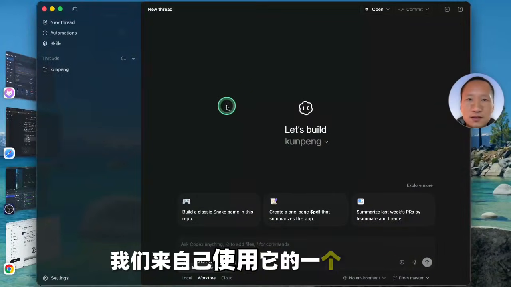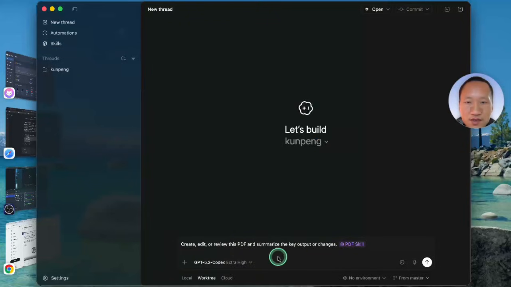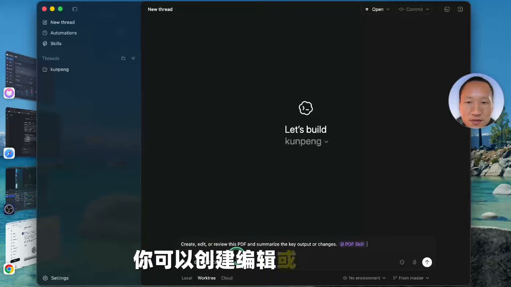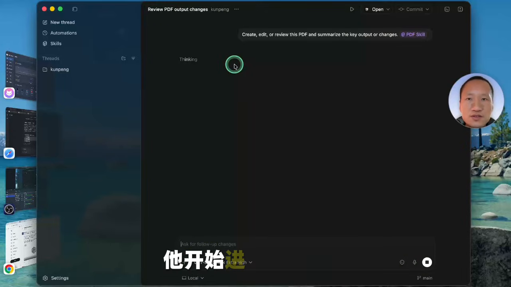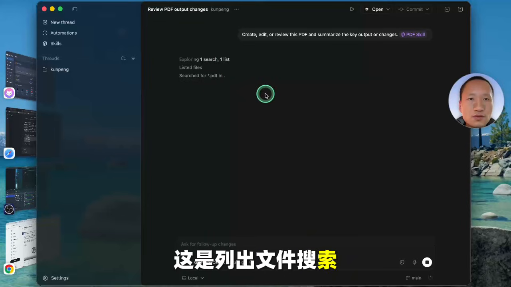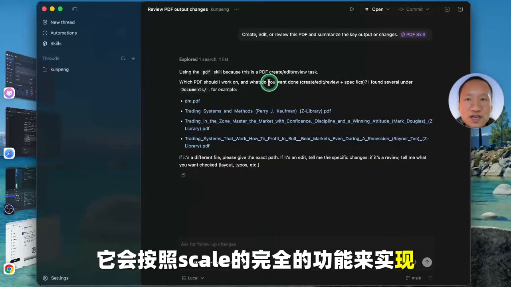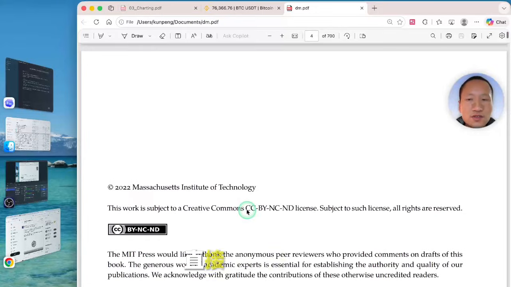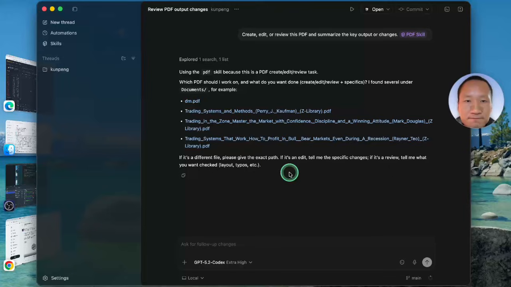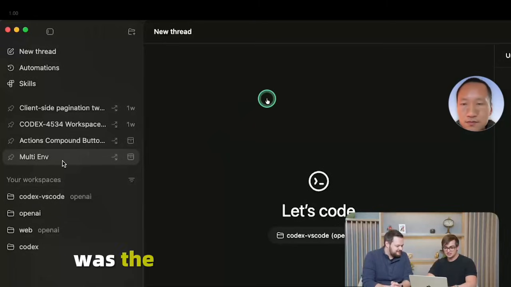我们来自己使用它的一个 skills，我们打开，这里是你直接安装就可以。比如说我使用这个，你可以看到它直接就给你了一个 skills，你可以创建、编辑或者是 PDF 总结它的一个改变的一个内容。我选择本地，我直接发给他，这里他开始进行一些思考。这是列出文件、搜索，它使用的就是 PDF 的 skill，然后它会按照 skill 的完全的功能来实现。你可以看到它直接就给了我们一些答案，我们可以试着看看能否打开，它直接是打开这个。你可以在这里进行使用，这是我本地的，你告诉他做一些事情，他就可以来完成。这样你可以按照 PDF 的格式来进行改变。我们再来看一下它完成的多任务处理。